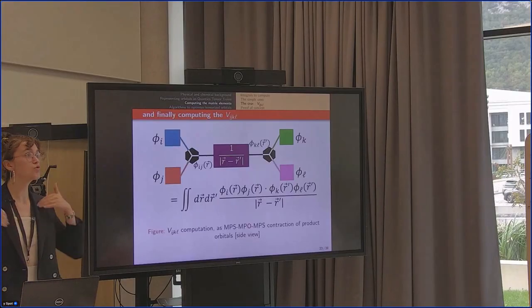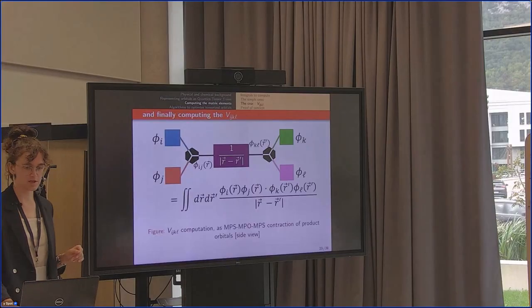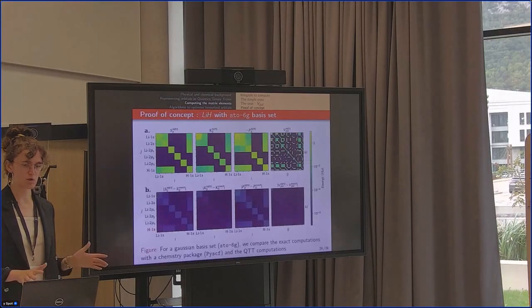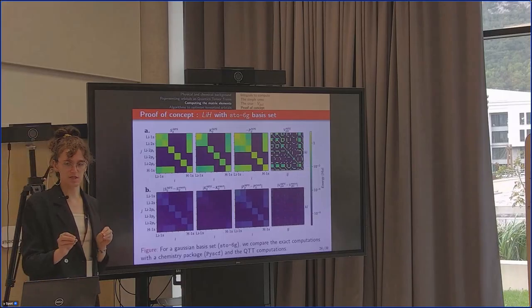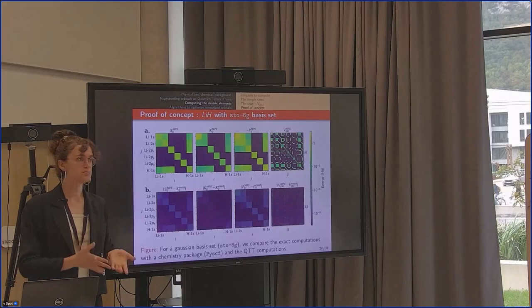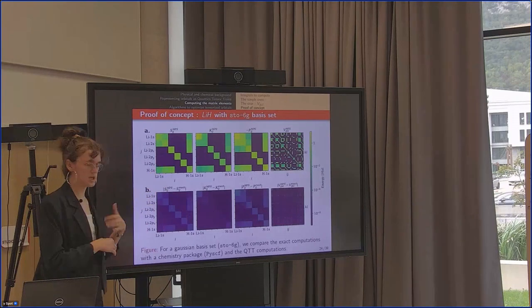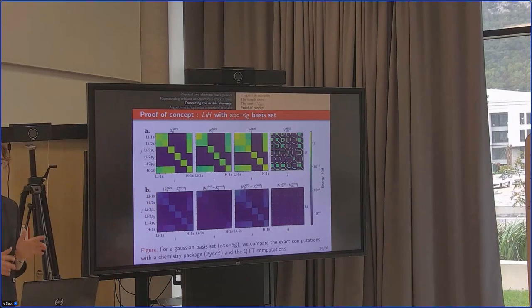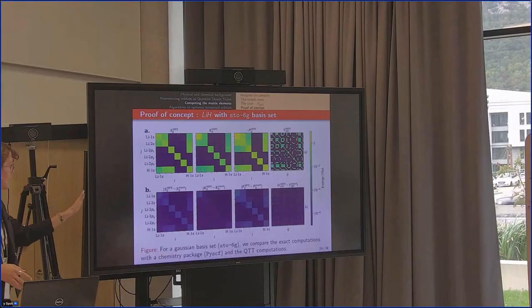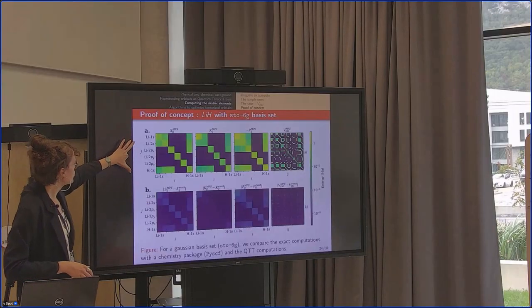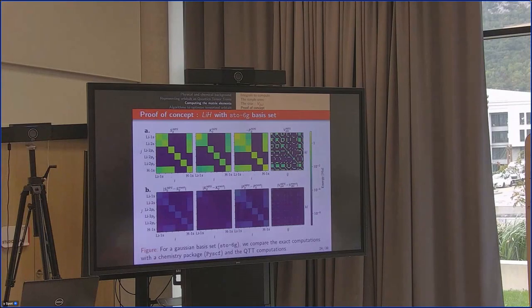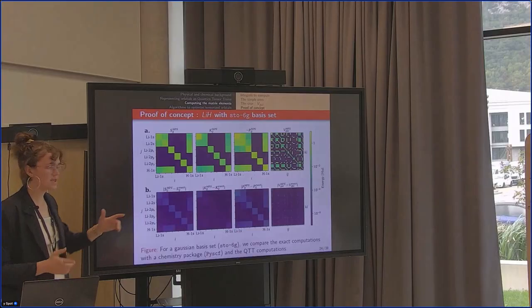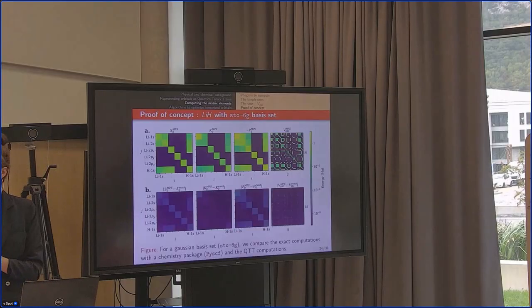So, okay, we saw how to compute all the integrals. Now, let's replicate a standard computation. That's what we did here. Here, I considered LiH, which is a simple molecule, lithium and hydrogen, with a small basis set. They call it STO-6G, but it doesn't really matter. It's a small basis set of Gaussians. And the goal of this slide is just to show that on the top, these are the matrix elements that I'm getting, computed using these QTT methods. And on the bottom, I'm comparing to the exact computations using the Gaussian formulas.